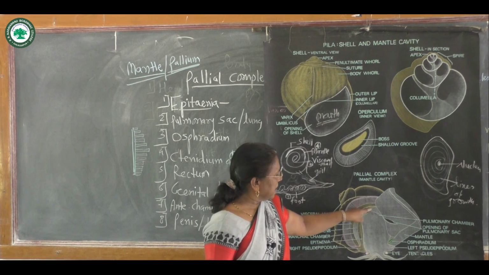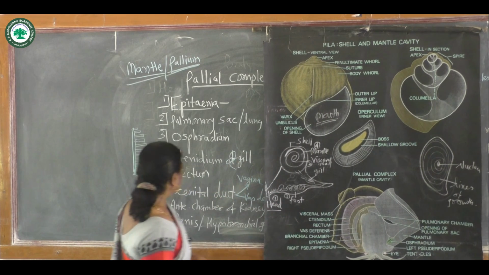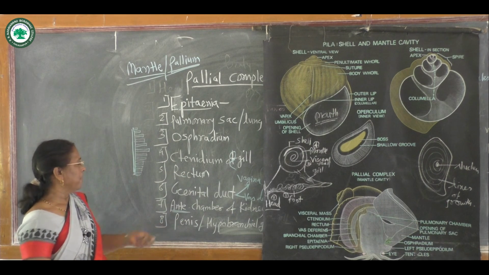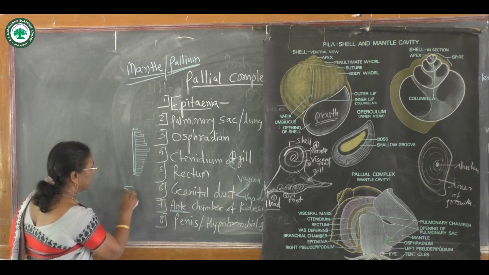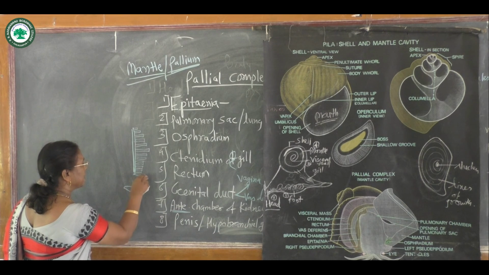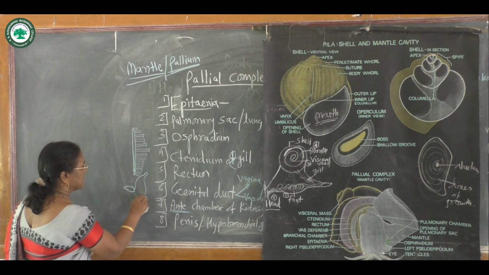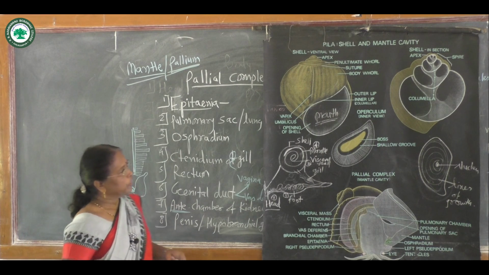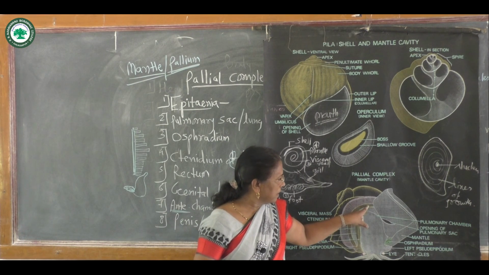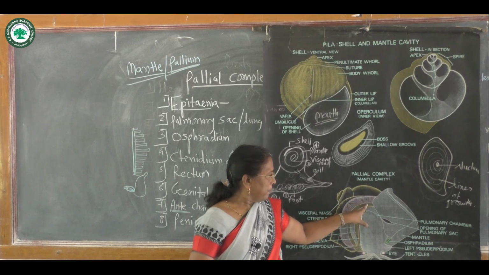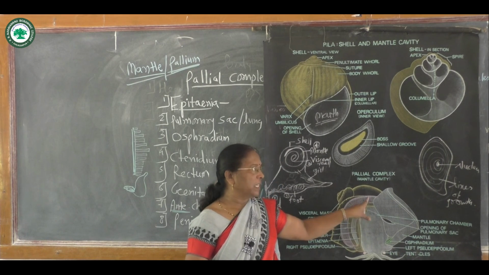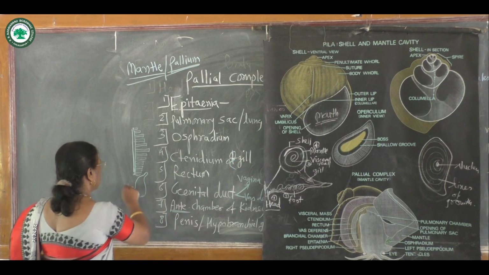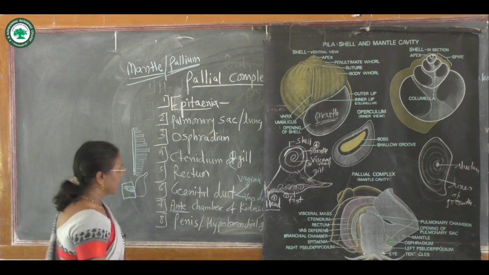Then anteriorly, here there is the kidney having two chambers: an anterior chamber which is lip-like and a posterior chamber which is large and sac-like. This anterior chamber is present here near the posterior base of the mantle cavity, which is the excretory organ. This much part is located there.